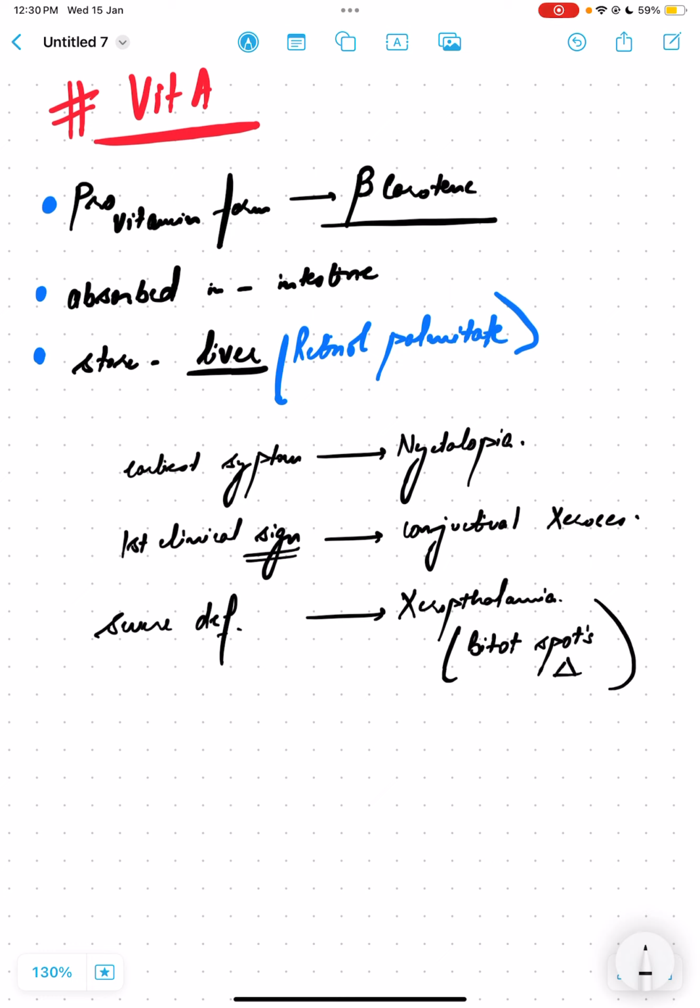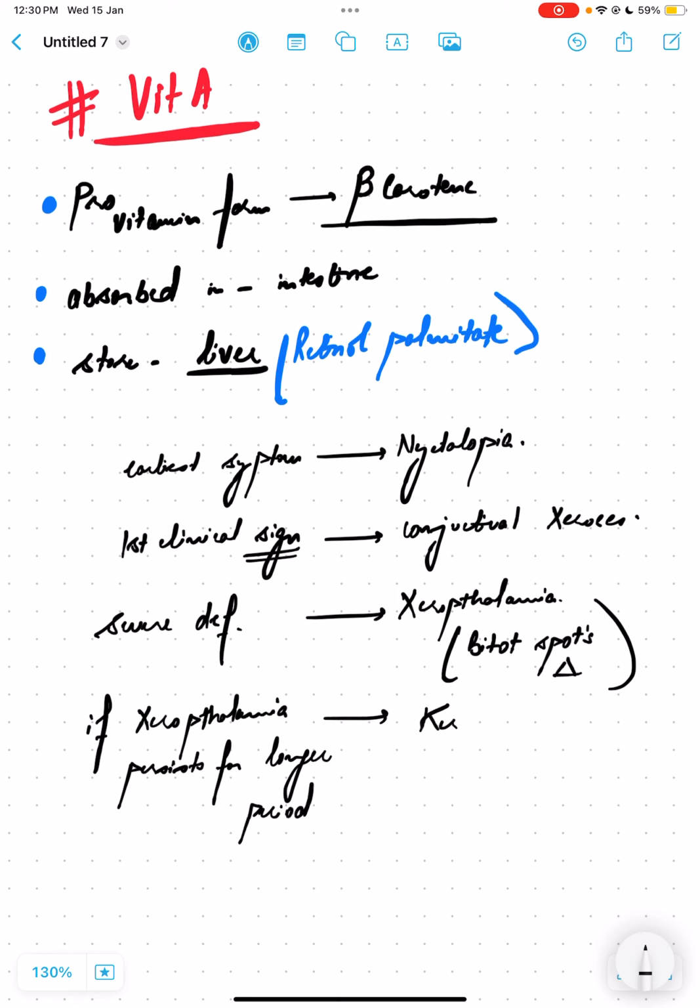If this condition, xerophthalmia, persists for a long period of time, when there is a vitamin A deficiency for a long time, then we can have keratomalacia. Please remember these